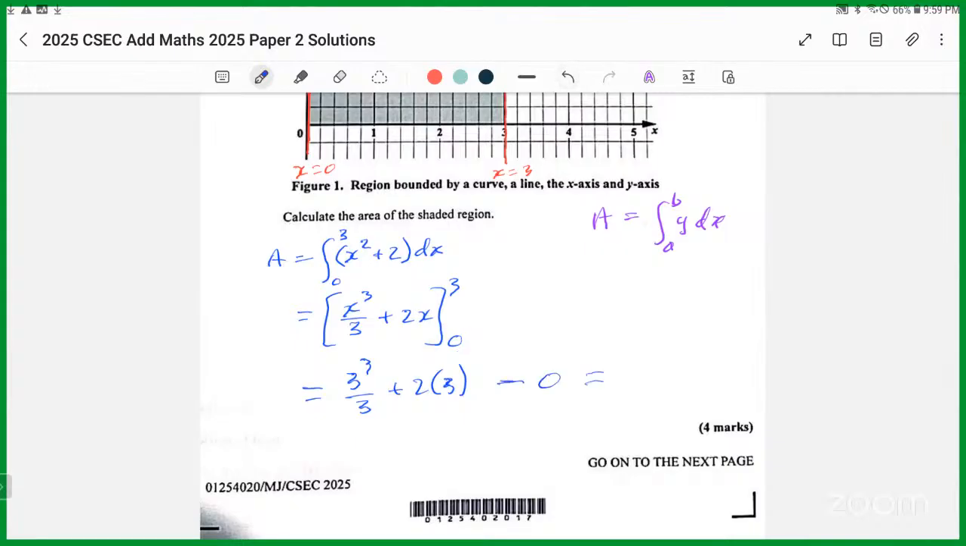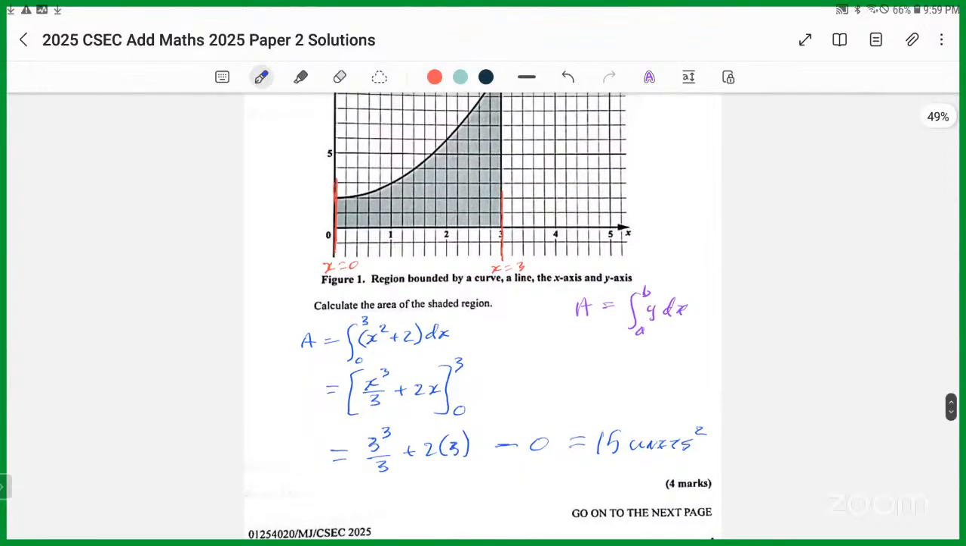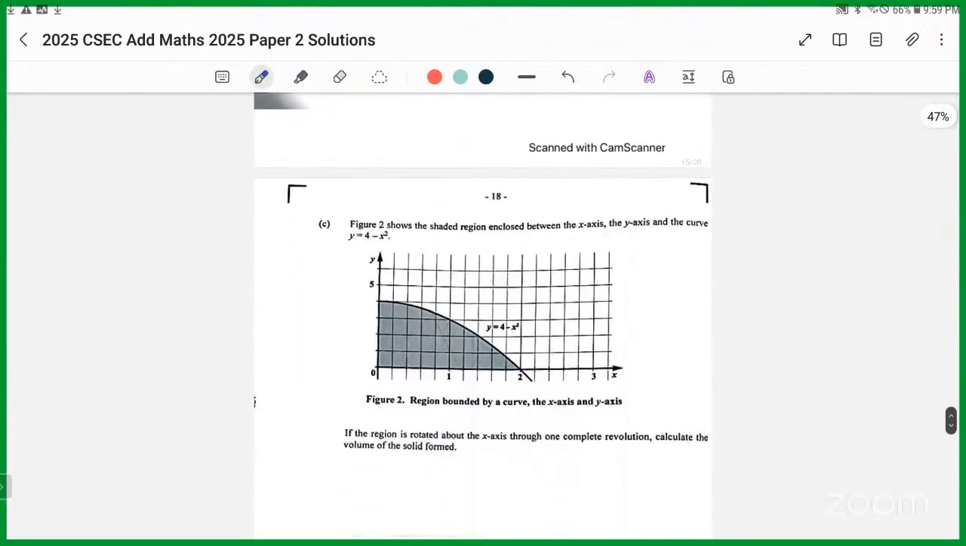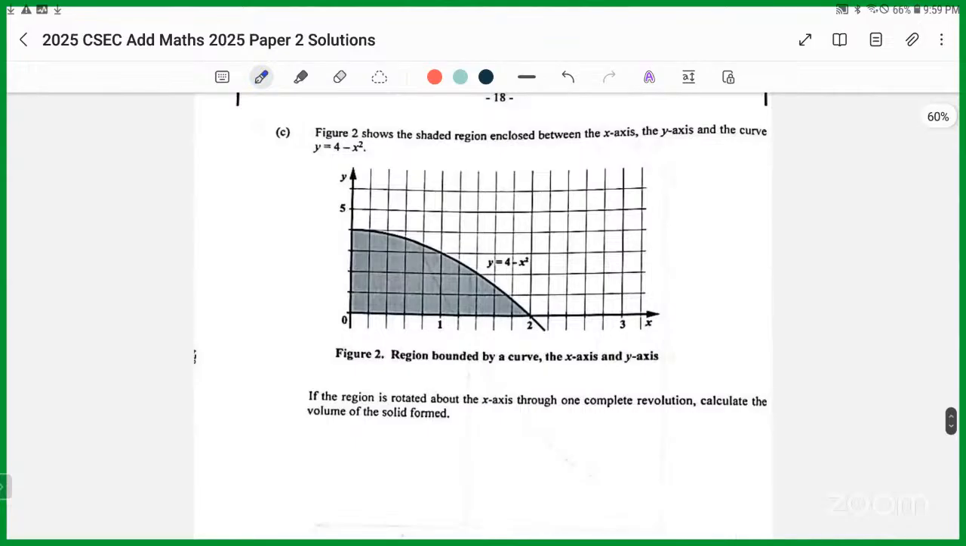Let's work this out. Now, this is 3 cubed over 3, which becomes 9. It becomes 9 and 6, and 15. 15 units squared, I'm getting. 15 units squared. All right. Next one. This one says the figure 2 shows the region enclosed between the x-axis, y-axis, and a curve